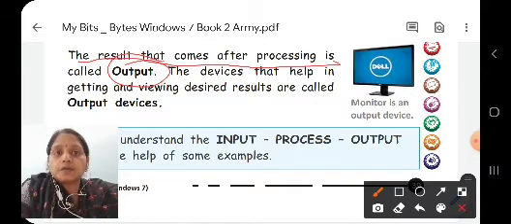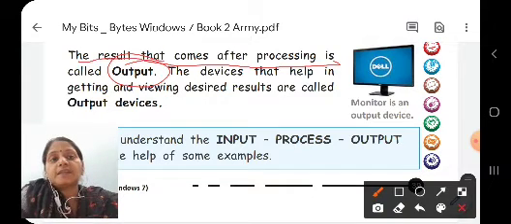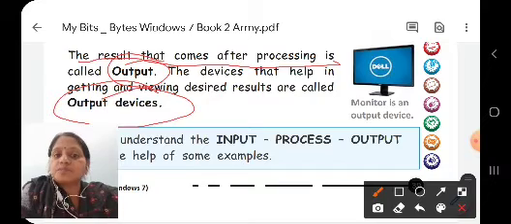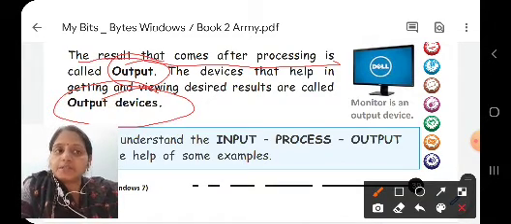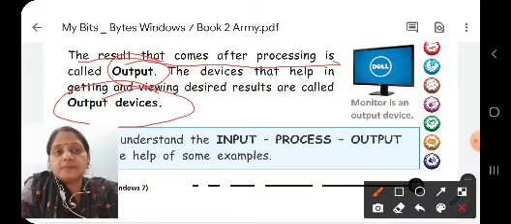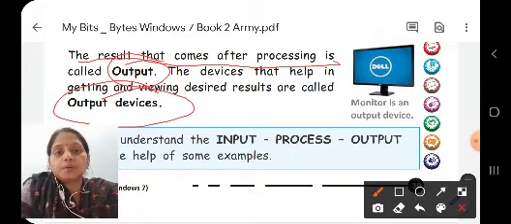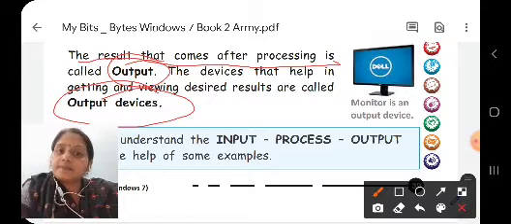To show the output or result, we need output devices. These output devices are monitor, because generally whatever is performed by the computer is displayed on the monitor. In our previous chapter also we studied कि जो भी कंप्यूटर करता है वो सारी चीज़ें we can see on the monitor. तो मॉनिटर के ऊपर हमें सारा फाइनल रिजल्ट दिखाई देता है.